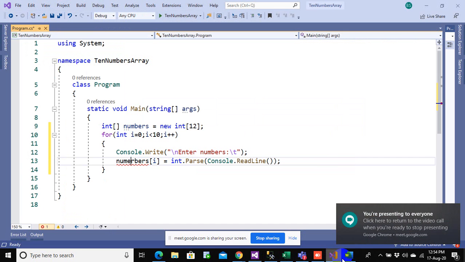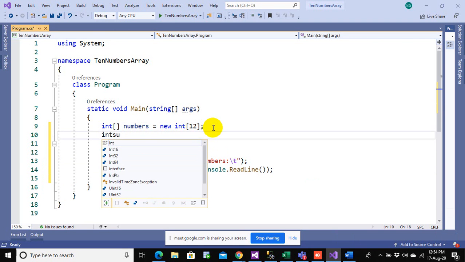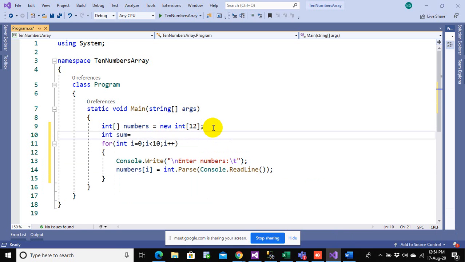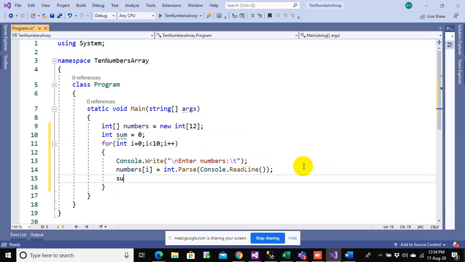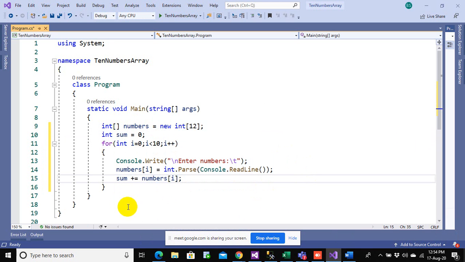We are almost done. We read the numbers and now we want to find the sum of the numbers. So let me define a variable, consider sum, and that's equal to 0 for now. And here now sum plus should be equal to number side. And we calculated the sum of the numbers, whatever the numbers we have, and we can print them now.